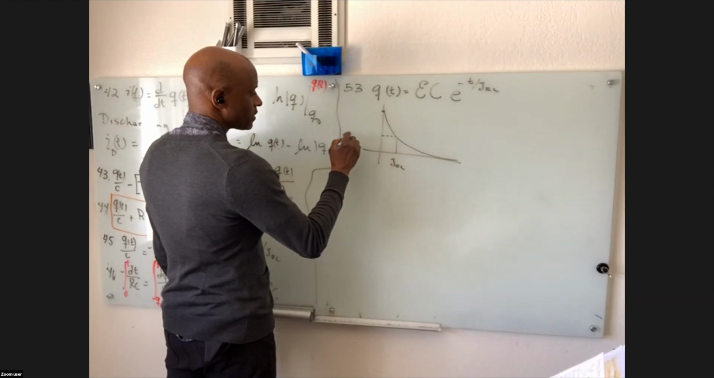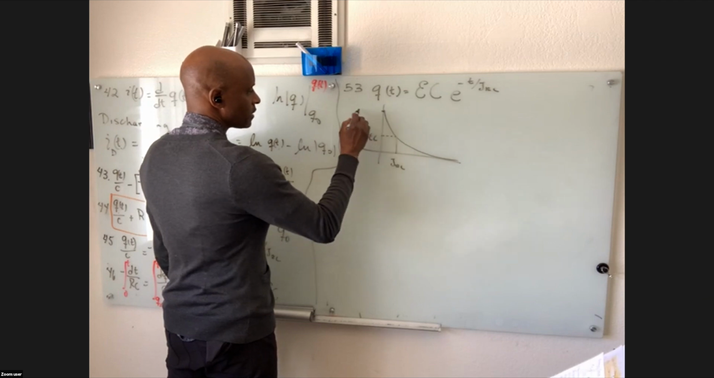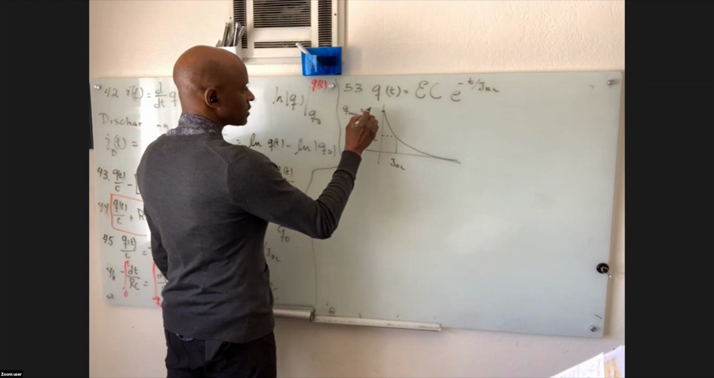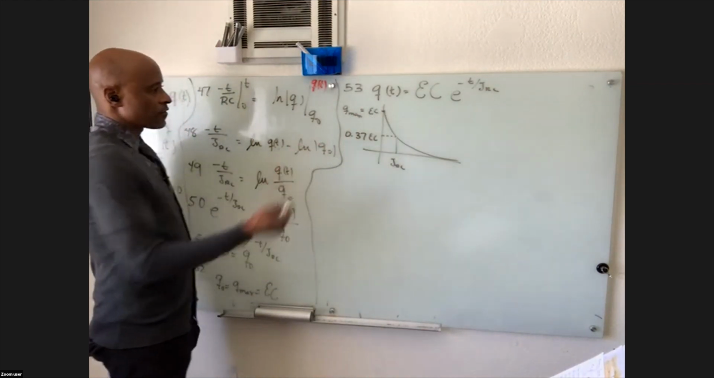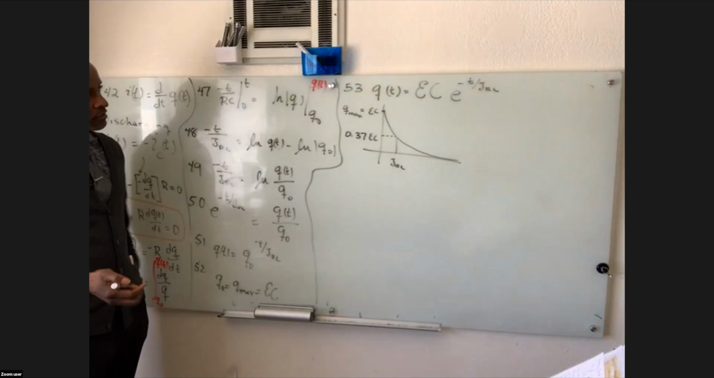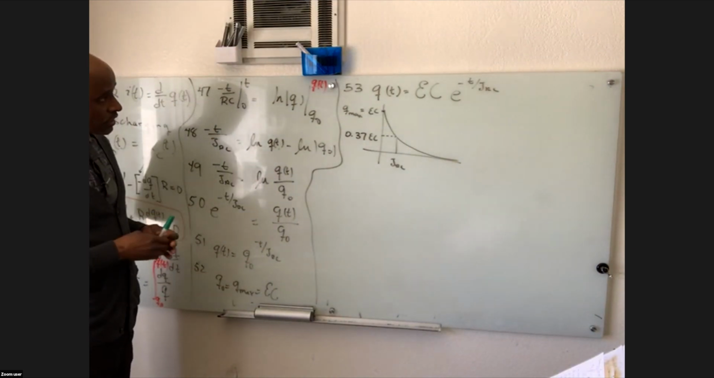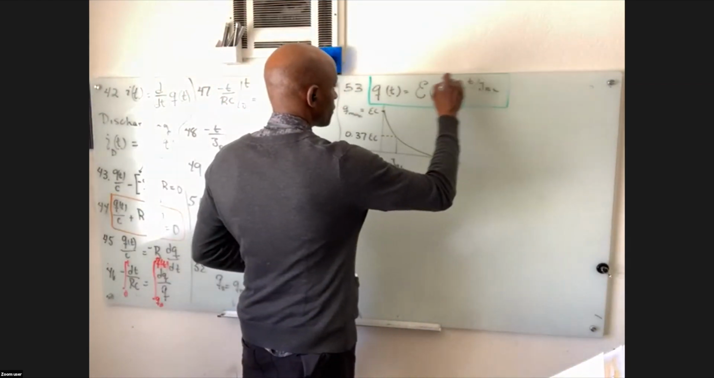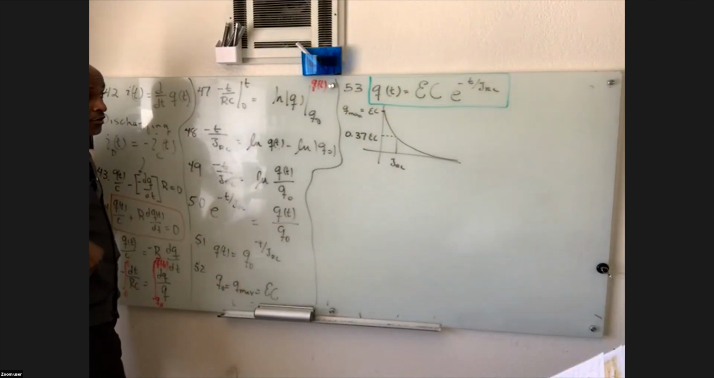So this is going to be 0.37 EC, and this is Q max, which is equal to EC here. Okay. And of course, that's that. And that should be the result that you see in your book for the charge on a discharging capacitor. And I don't know if they put the current in there, but to get the current,